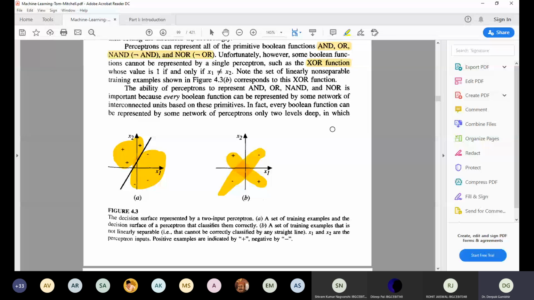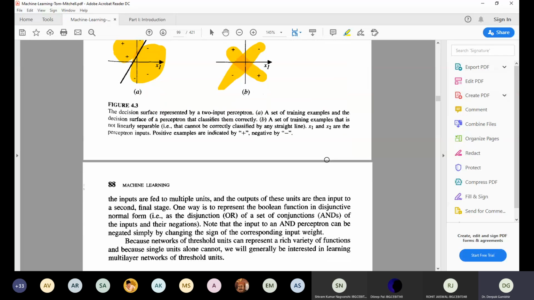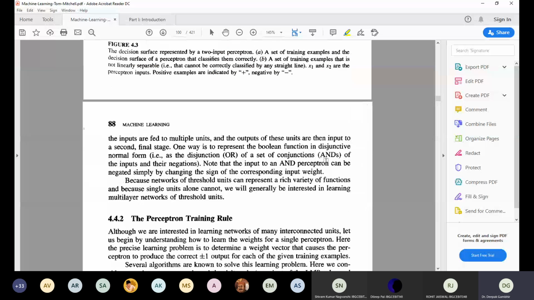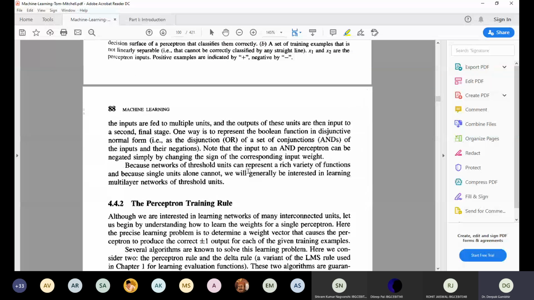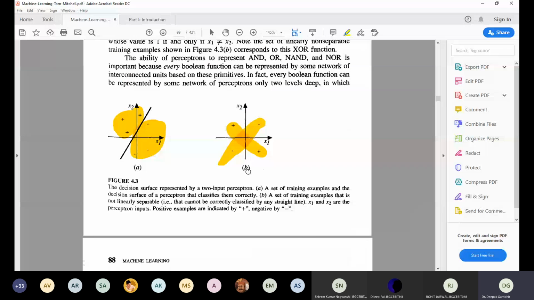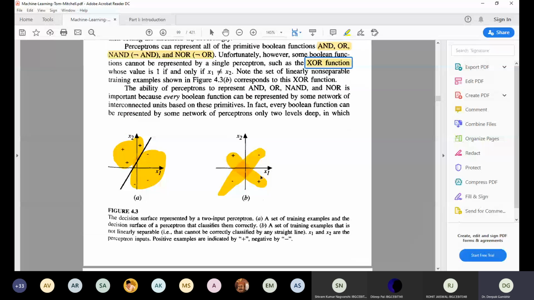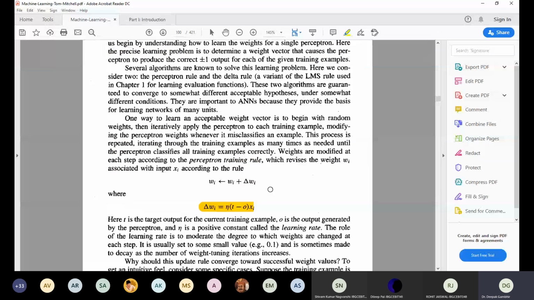Similarly, in the XOR function, we cannot use the perceptron. The reason is simple, because it is not linearly separable. This thing they may ask in the question. So any Boolean function can be made with the perceptron model, but not the XOR. To make the XOR, you need to have at least two perceptrons to get the XOR function. So this thing I have already told you.